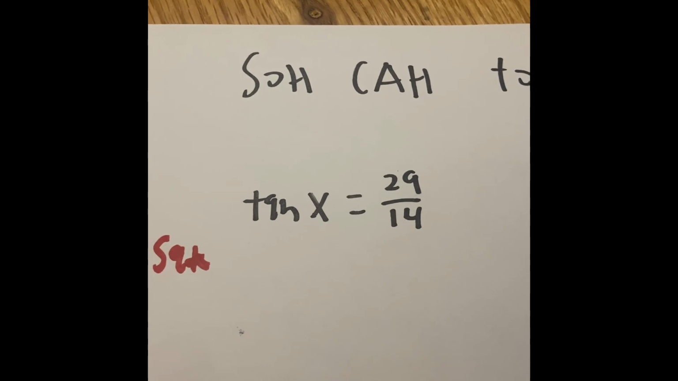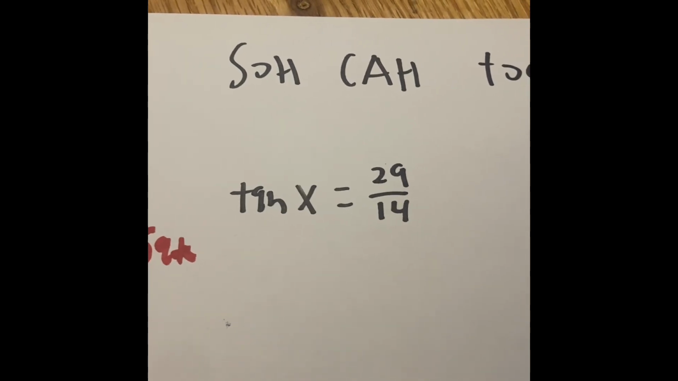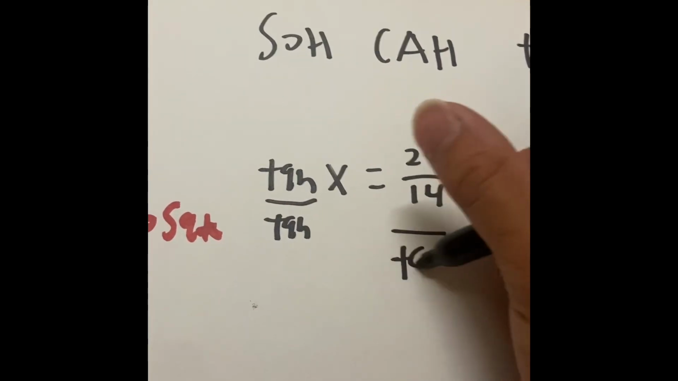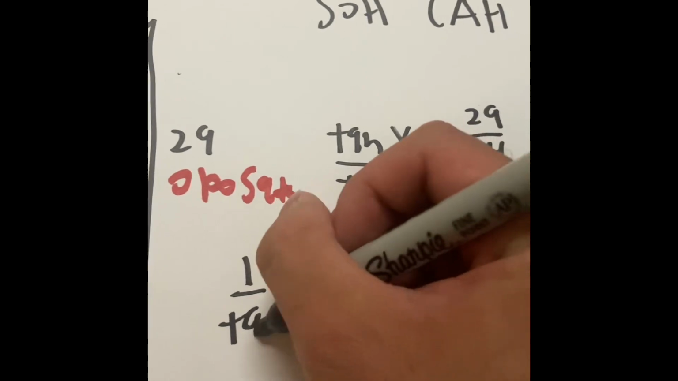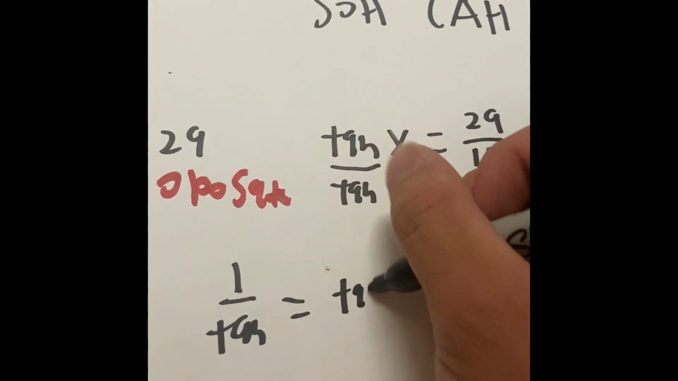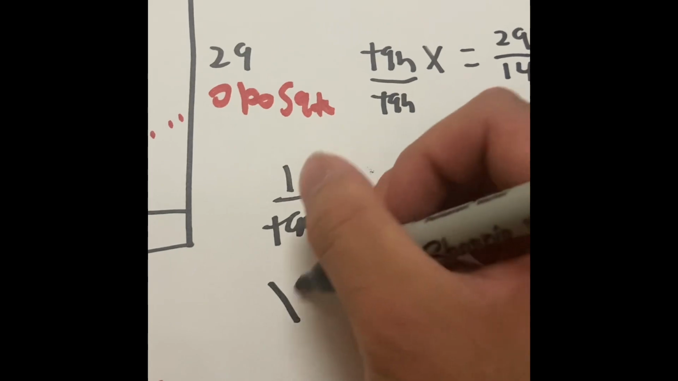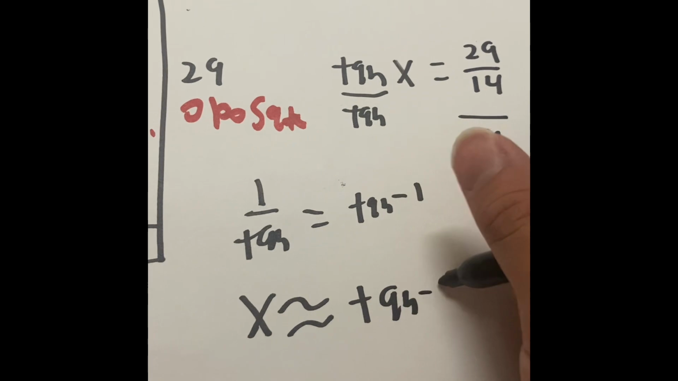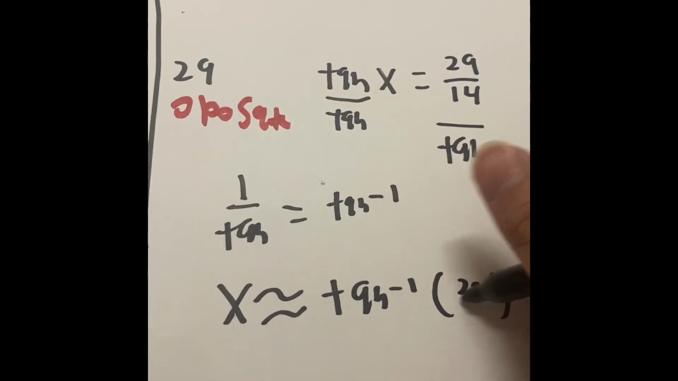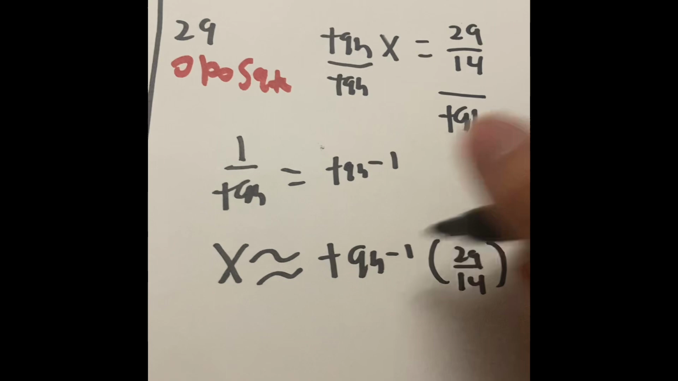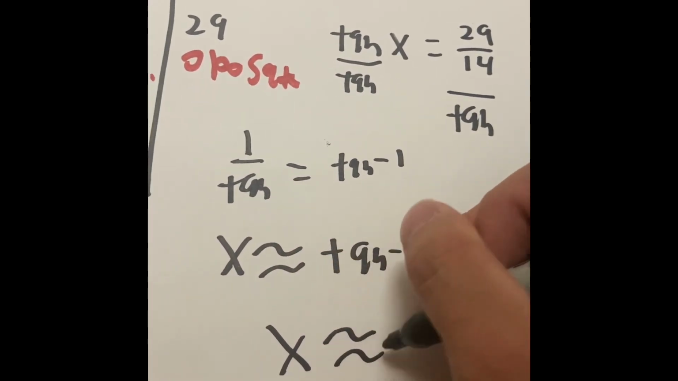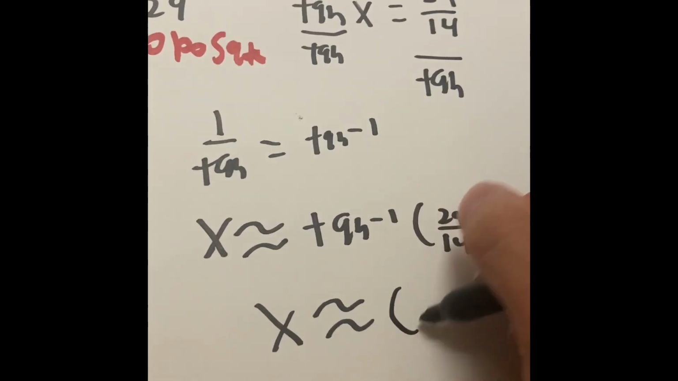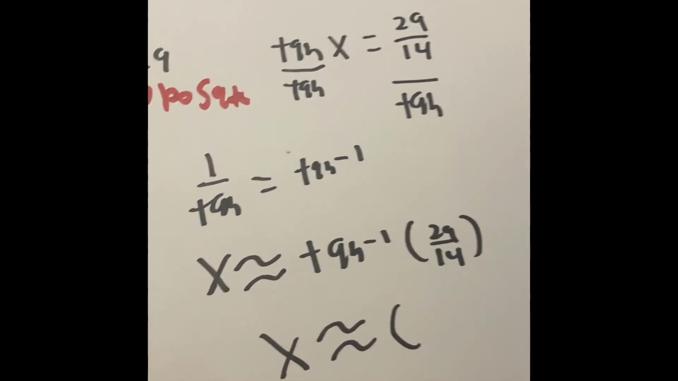What are we gonna do? Oh, got it! What we can do is divide that by the tangent, divide this by the tangent. 1 over the tangent is going to be equal to the tangent of negative 1. So therefore, x has to somewhere be equal to the tangent of negative 1 multiplied by 29 over 14. So when we do that, our x, or our measurement for that degrees, has to be somewhere along, let's look right here,